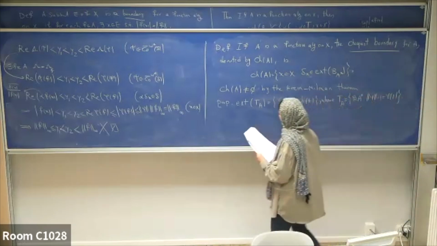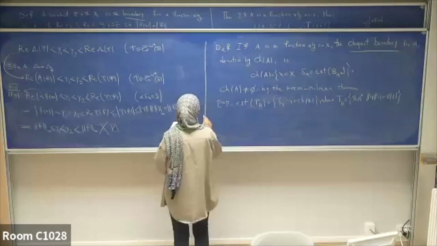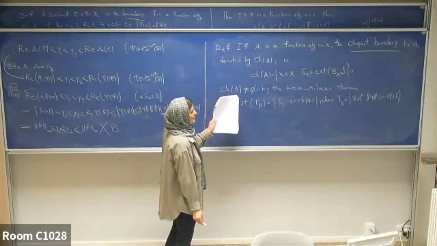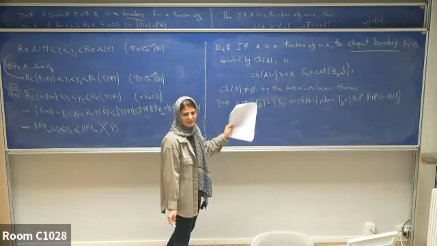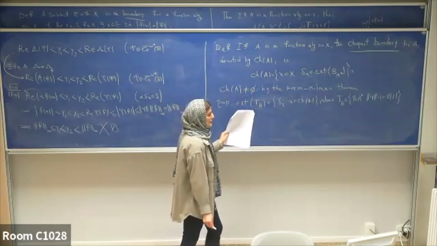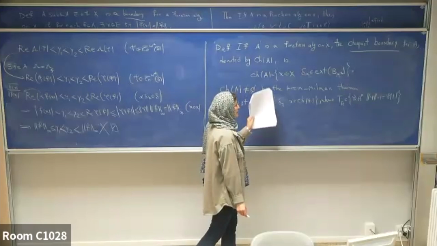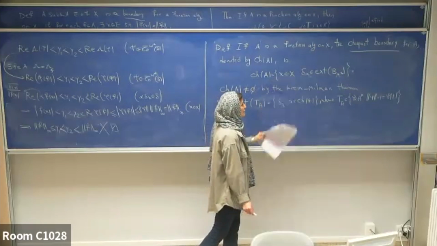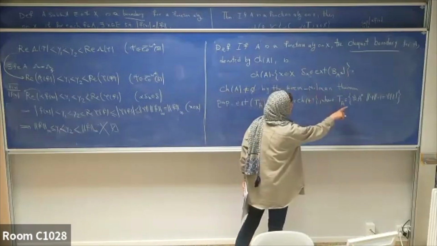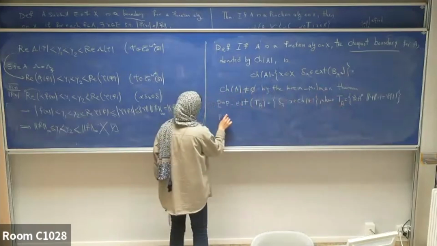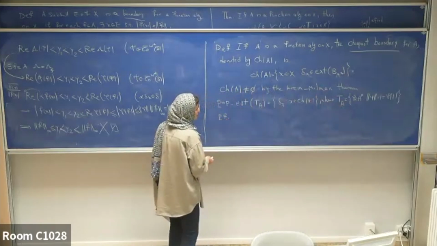Anyway, it's a very important set in the theory of C star algebras. If, for example, instead of considering the ball of A star, we could just consider T of A and define the Choquet boundary as the points such that delta x are extreme points of T of A. And it's very easy to prove